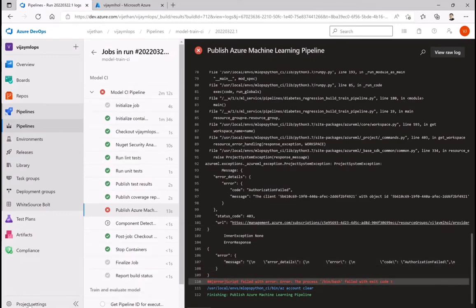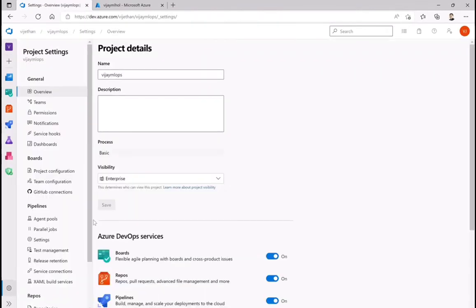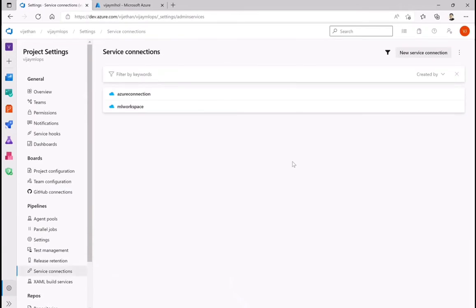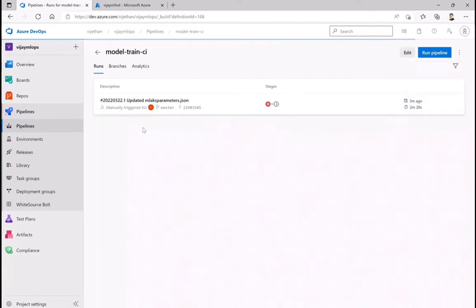Okay, so what it is saying is it failed on the authorization. Yes, this can happen, as I said, while I authenticate with that workspace. Let me fix that from a service connection perspective. Let me first of all check this ML workspace, and then while I do the training,